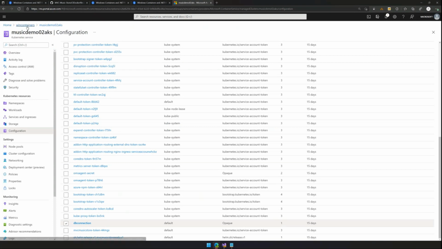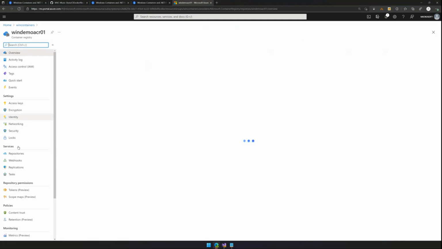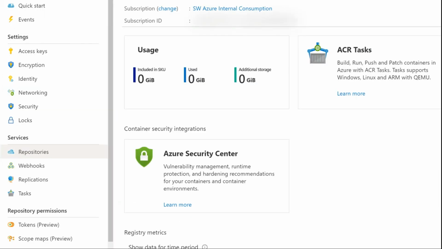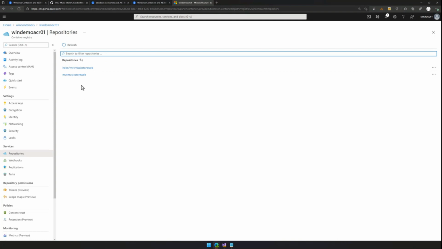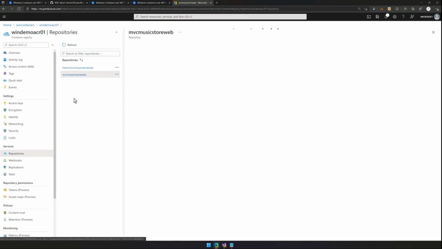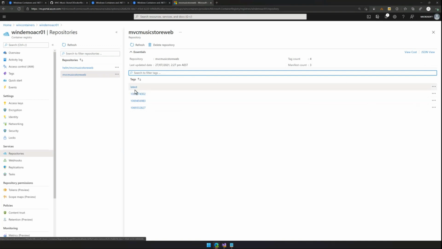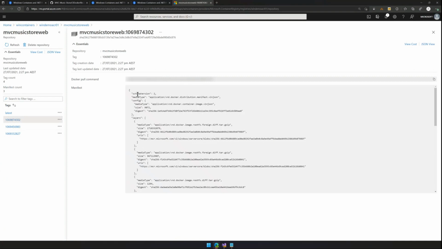What that looks like when you've published. So I'm going to hop across here into my container registry. And under here, over on the left-hand side, I've got repositories, which is where I'll be published to. So if I click on repositories, I should have one repository in here. Two, well, I've got a Helm chart, which we'll come to in a minute. Here's my MVC Music Store web repository. I am tagging my images with latest by default, which means if I pull latest as my tag, I'll always get the most recent version. But then I also have these run IDs, which are unique per run inside of GitHub Actions, and it does give me a particular version that I can then come and pull.